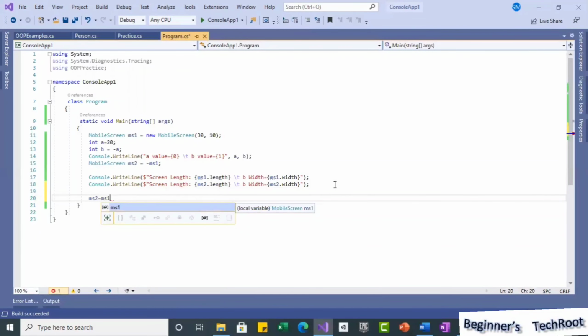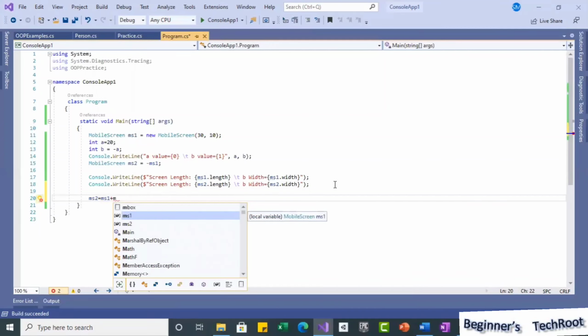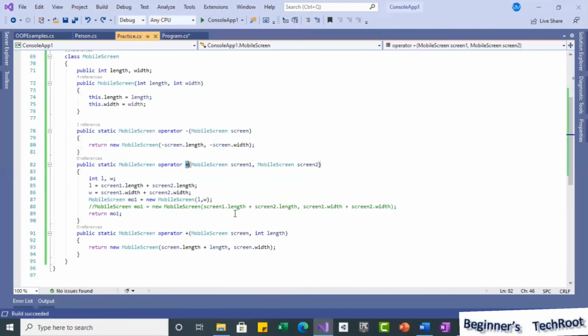ms1. Okay, see, when we use the plus as a binary operator, in the sense two operands will be there, right? Left side one, right side one, like ms1 plus ms2, something like that. It's the same type. I am trying to first check with this one, the two same parameters, mobile screen 1, mobile screen 2.